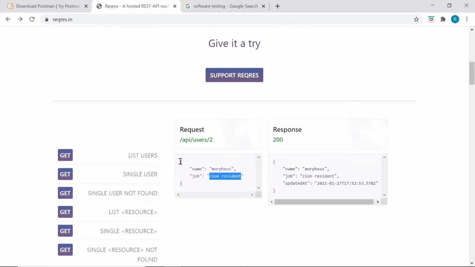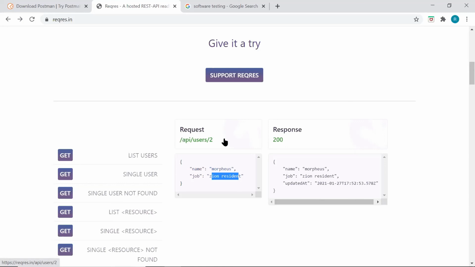So here, this is my payload, which I want to pass. I want to update data of this person, Morphus, and now I want to change his job from leader to this. So what is update? Update means creating a new entity and changing the previous one. So this is my new entity. It's going to replace if anything is there already. So that is what update is. So for update, I need to pass payload. This is my response, expected response code, and this is my expected body.